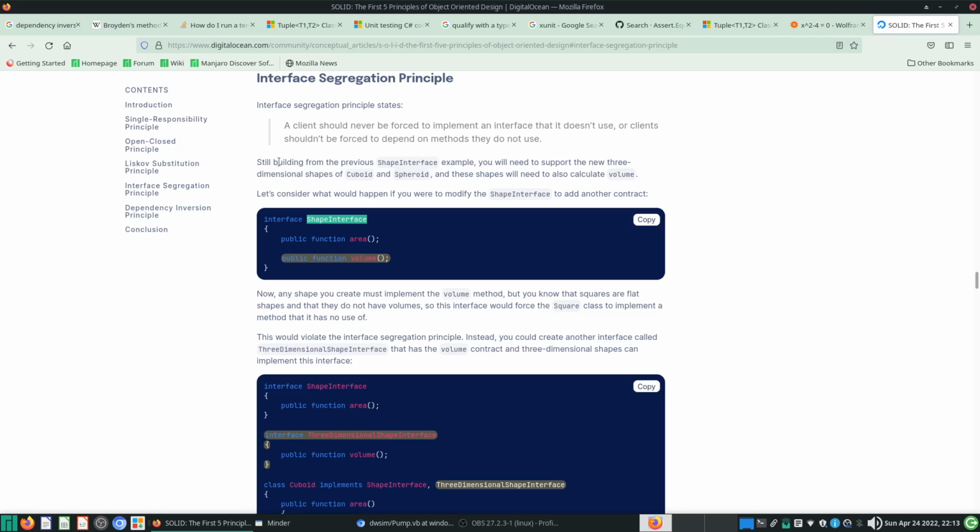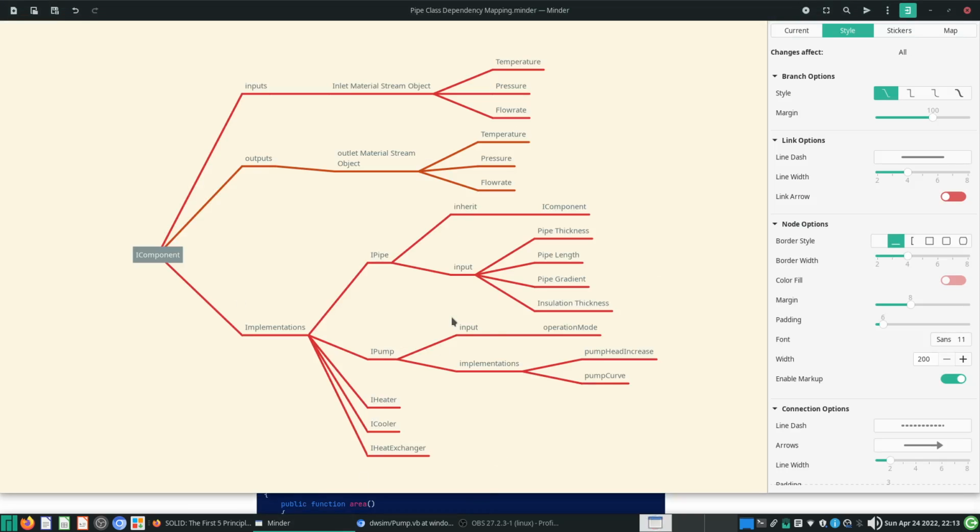Otherwise, if you try to implement a very complex interface, then there will be some of these functions that will not be needed. So just like how we try to split classes up into different sections, we also want to split interfaces up. This is what interface segregation is about. Make many small interfaces rather than one big interface that tries to do everything. So iPump will have this input called operation mode, and then the iPump implementations will be pump head increase,